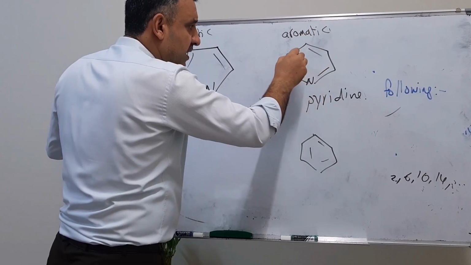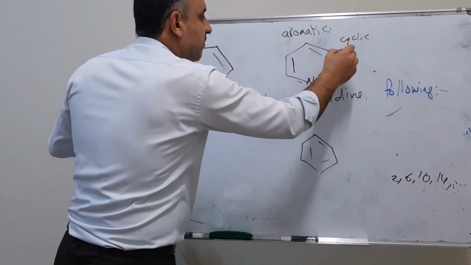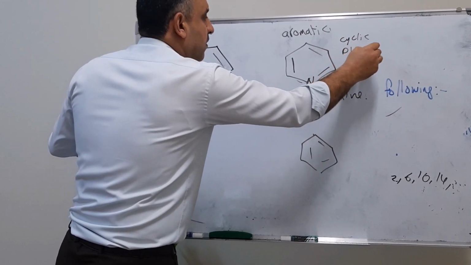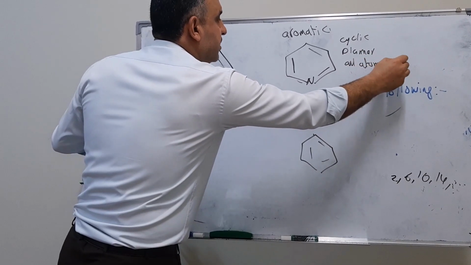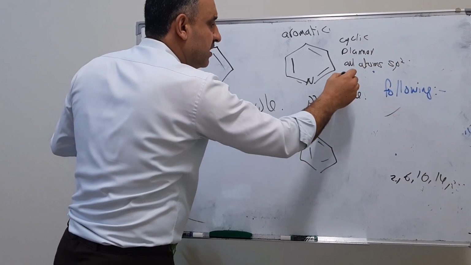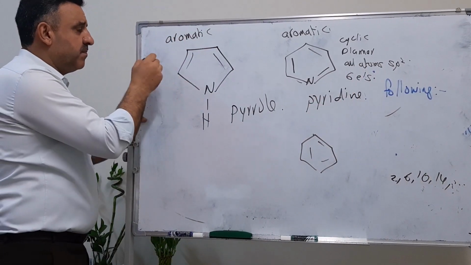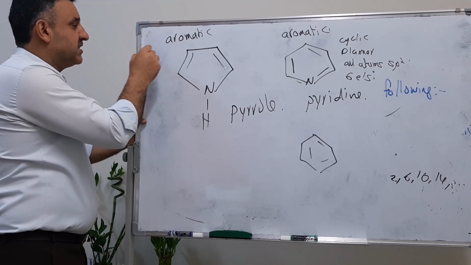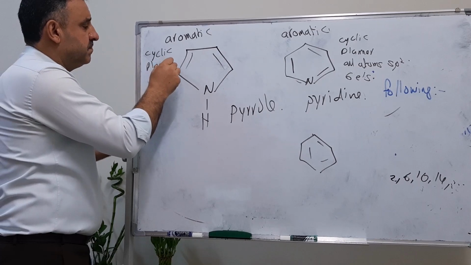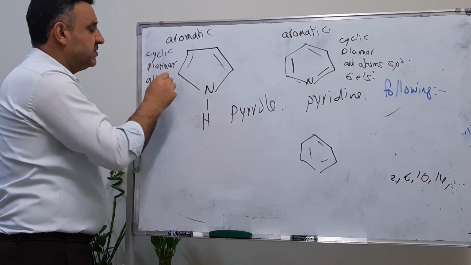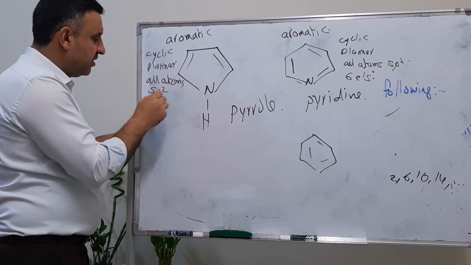Because simply this system is cyclic, planar, all atoms involved are sp2, and the number of electrons is 6 electrons. Here we have the same. We have a cyclic system, a planar system, all atoms are sp2 hybridized, and therefore the number of electrons